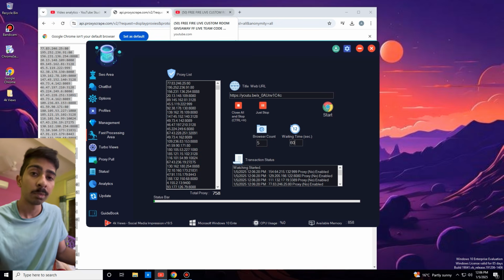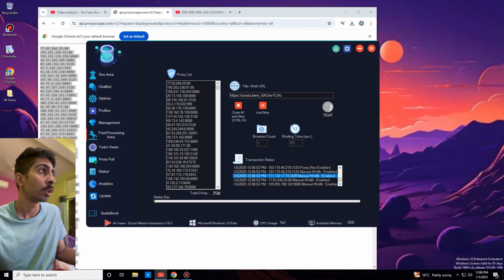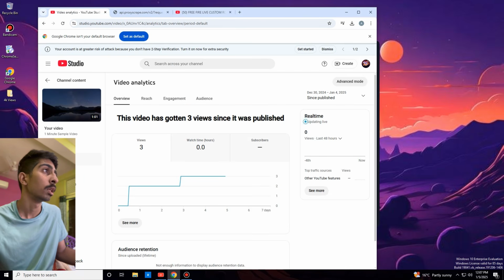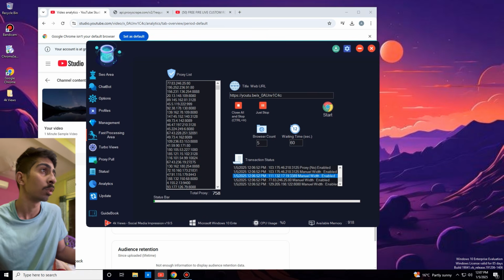But let me tell you something. This software didn't run, because when I click on start here, it should actually open 5 Chrome browsers, and then it should automate the views process there. So I can't see those 5 Chrome browsers over here, nor the automation process. And if we go here, then we see that the real-time view is currently 0, so it has not increased, or neither will it increase as far as I can analyze this, because no activity is done here, and this